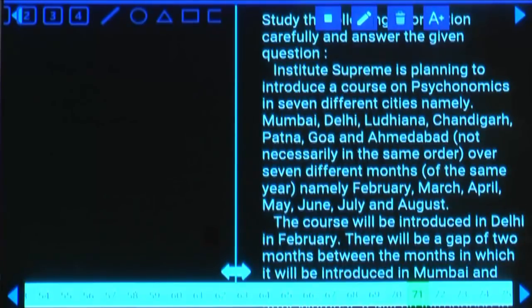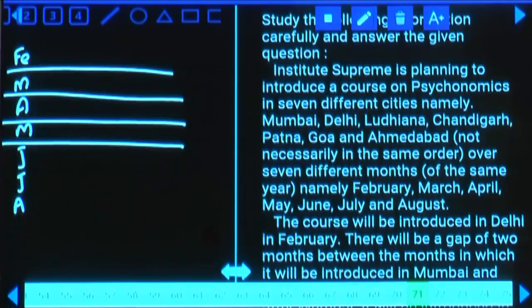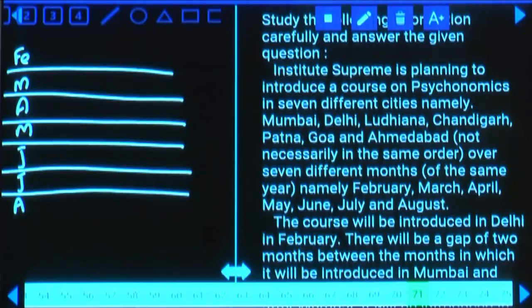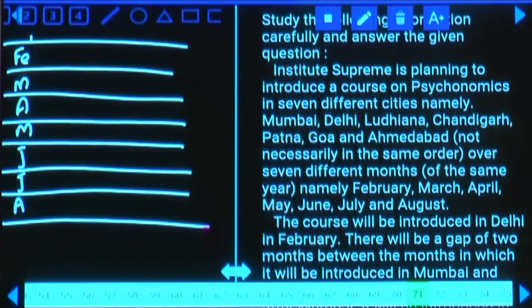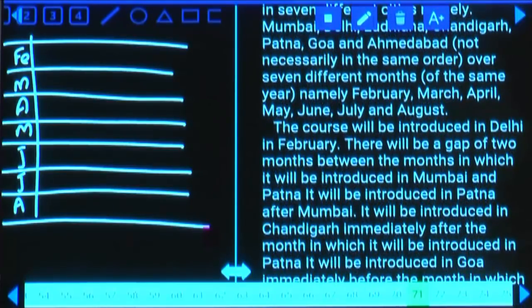Now tell me what are the months here? Feb, March, April, May, June, July and August. And what is the first information given here? Now we need to discuss about the cities. Now first information is related to the course will be introduced in Delhi in February. Now Delhi in February is fixed, hence now we can write Delhi at this place, Delhi in Feb, and